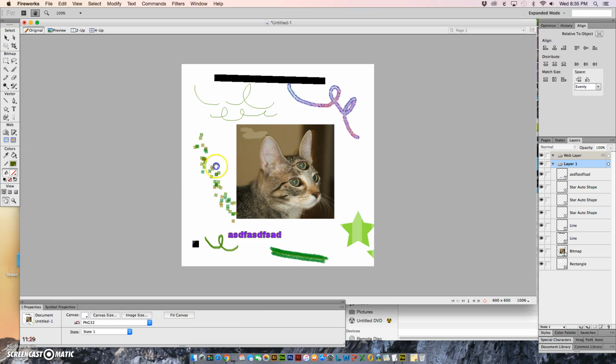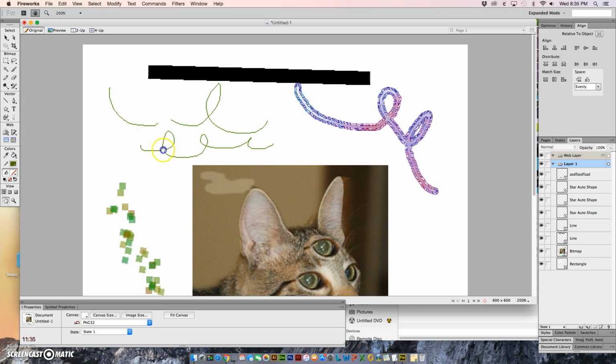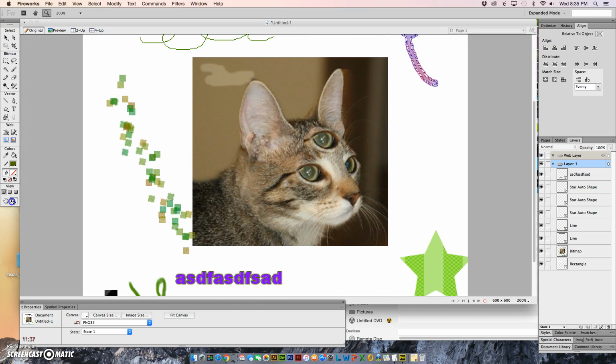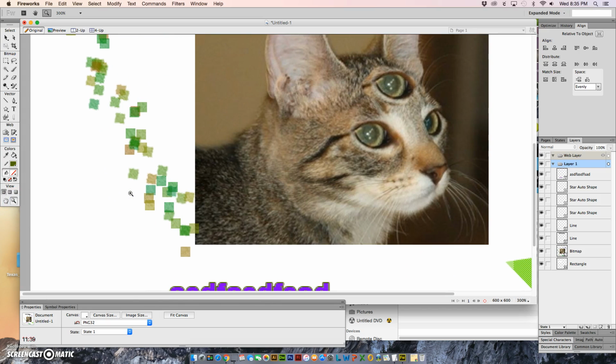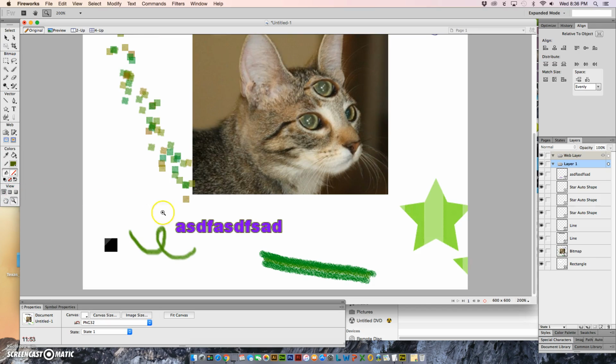Here you can move, if you had a large document, I don't have a large document, but if I zoom in, there, okay, the hand tool. The zoom, ability to zoom in and out. And then you have different views here. You have your standard screen, which is usually what I work in, full screen with menus and full screen mode. Okay, so the only other thing that I want to show you is